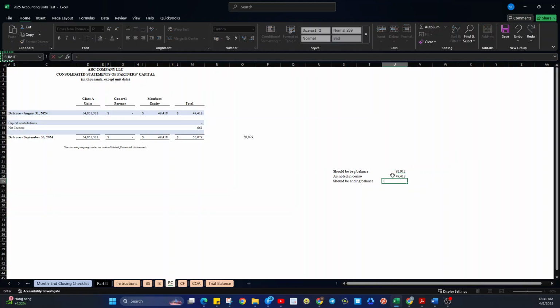The should be ending balance is the 92. Rather, the should be, hold on, the should be beginning balance is 92. The should be beginning balance is 92, but as noted here in the console, you only see the 49. So, this is the adjustment in the beginning balance.